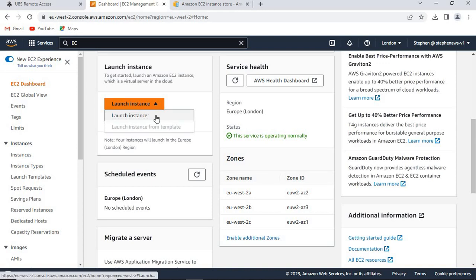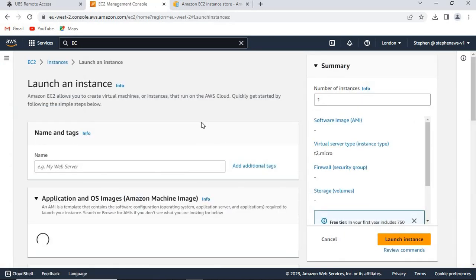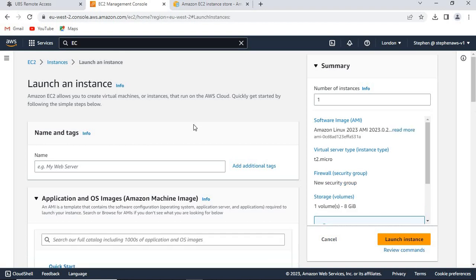If you click that button, it will take you to this page. What you need to do first is give your instance name. I'll call it first EC2